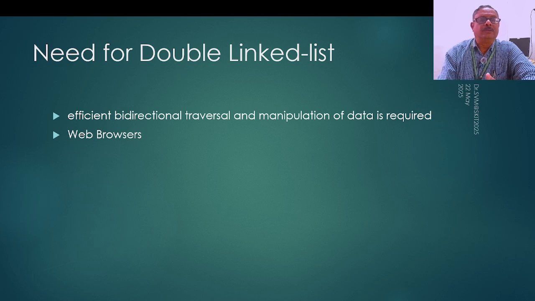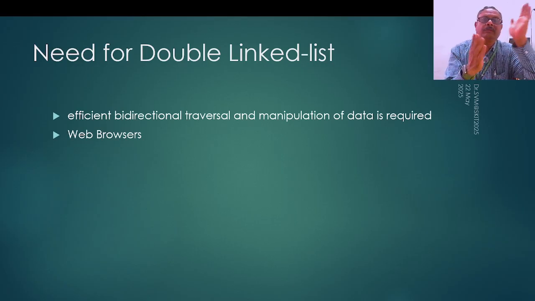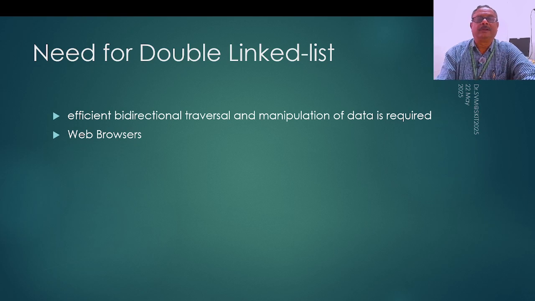So it is commonly used in the case of web browsers. Commonly what we do is we keep moving ahead and back. So if you want to go back where you had come from, then definitely a doubly linked list will help you in remembering what the previous steps were. So you can just keep going back and back and back. So that gives us the history. So in web browsers, we can make use of a doubly linked list